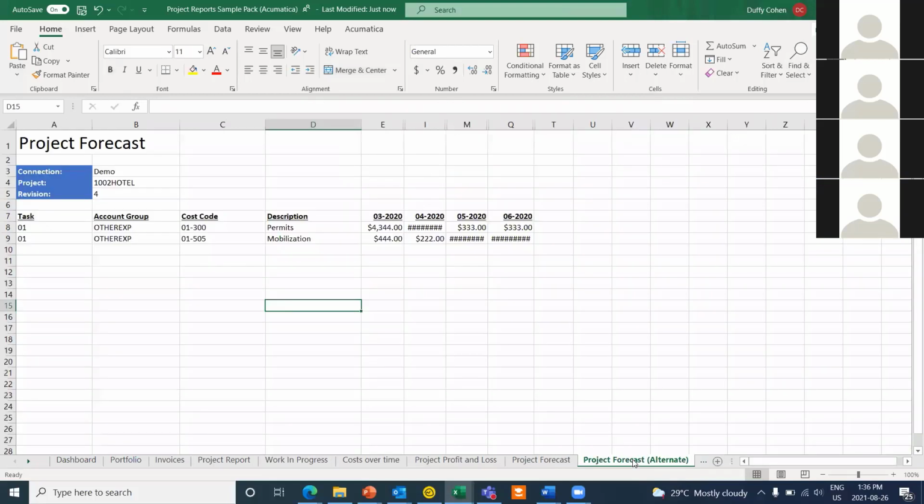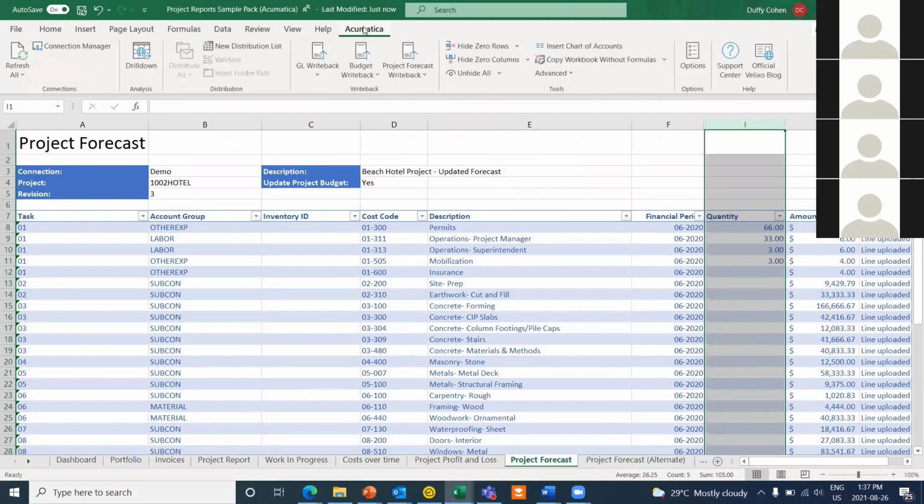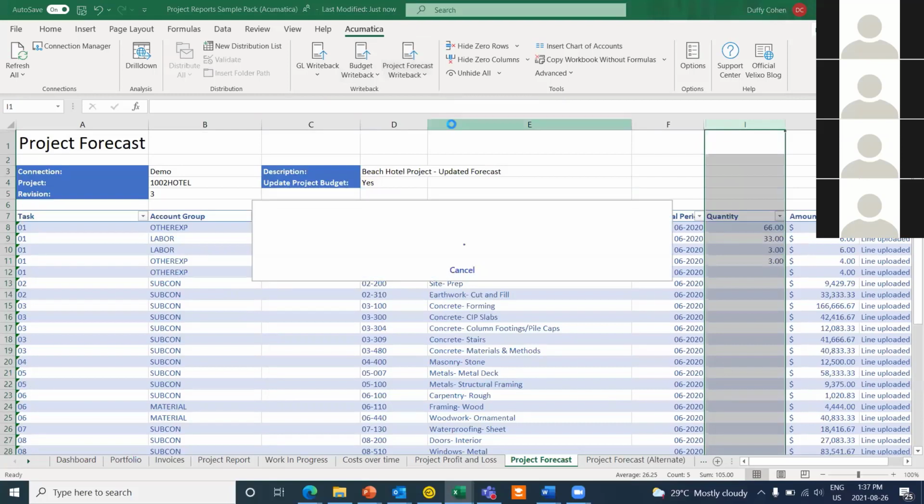Now, the last portion I wanted to walk you all on is something called the project forecasting piece. So you'll see right here within the project forecast, this is the information. And once you're ready with your forecast and you're ready to push this back out, let me just open up the Acumatica tab once again. You'll see project forecast is an additional model that you're going to have access to. So once you're comfortable with the forecast that you've created, all you're going to have to do is click on import current worksheet. And once you do so,